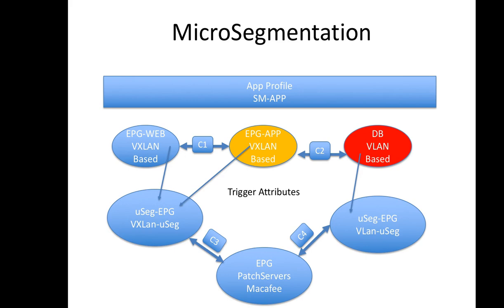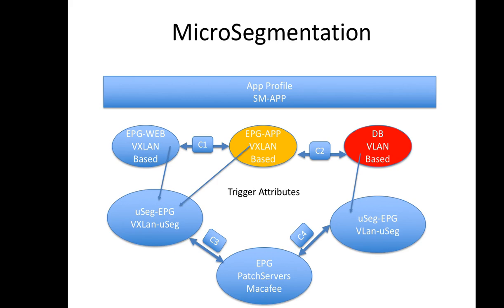In the AVE case, if it's a vxlan based EPG, then you have to have a vxlan microseg EPG, and if you have a vlan based EPG, you have to have a vlan based microseg EPG. Once the attributes trigger the move of the endpoint, then the endpoints are now actually sitting on the new EPG,